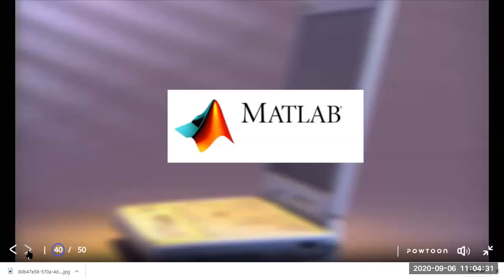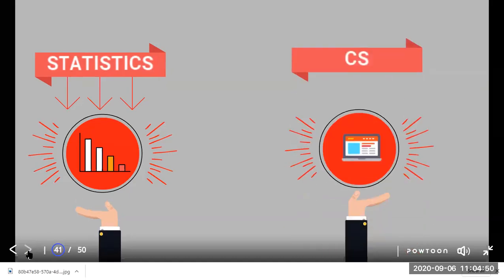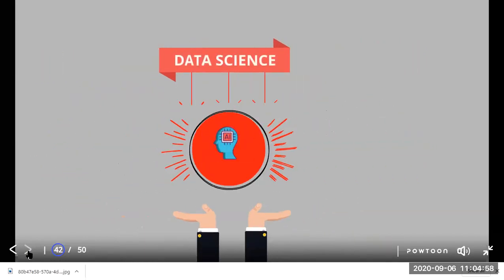Listen carefully. Using this MATLAB, using this software, you will be writing that graph. You will be getting one graph if you provide the data. It is very simple, guys. As a human being, if you know how to play with statistics, on one hand statistics will be there, on the other side computer science will be there. If you combine statistics and computer science technology, what it is exactly called, if you ask me, that is data science.